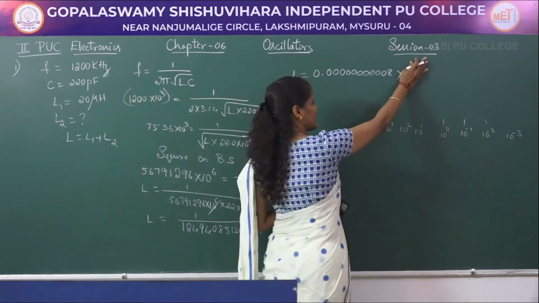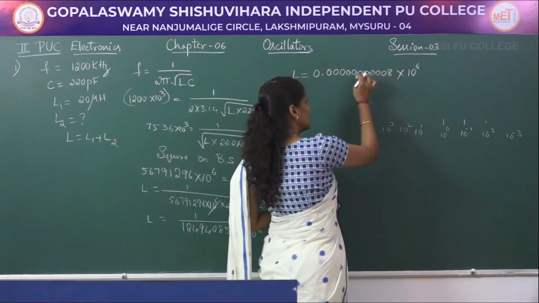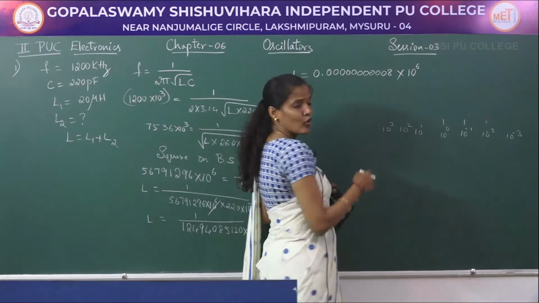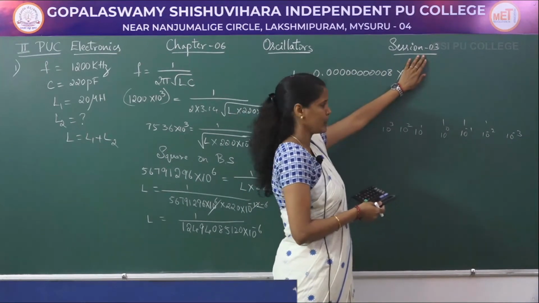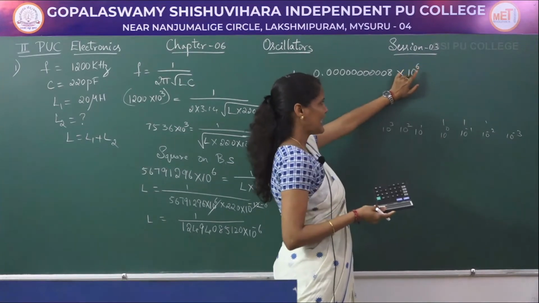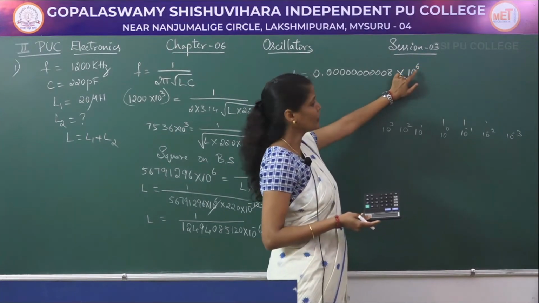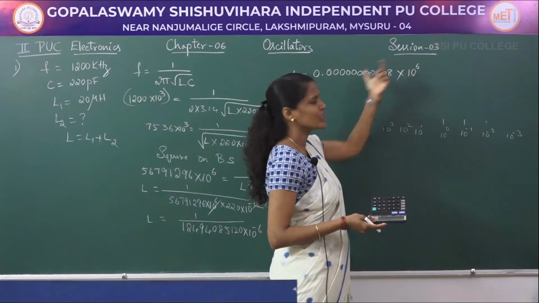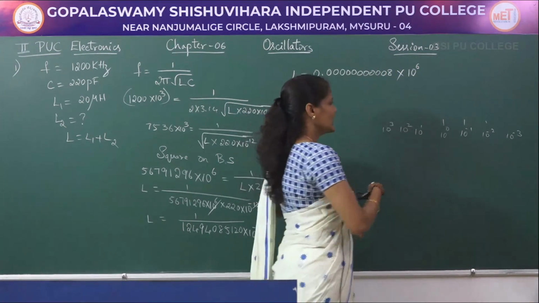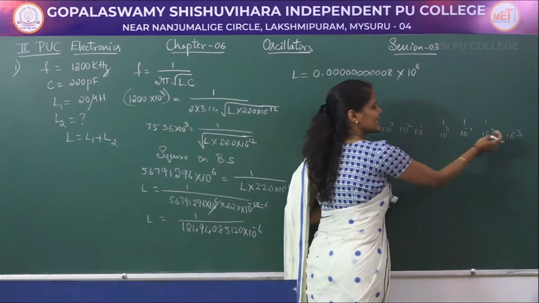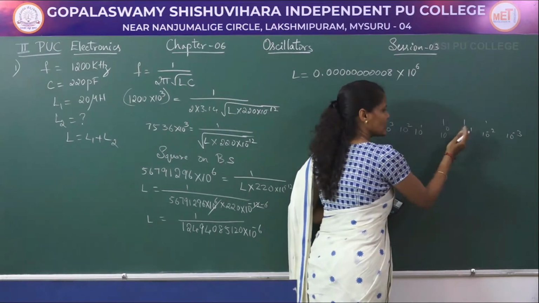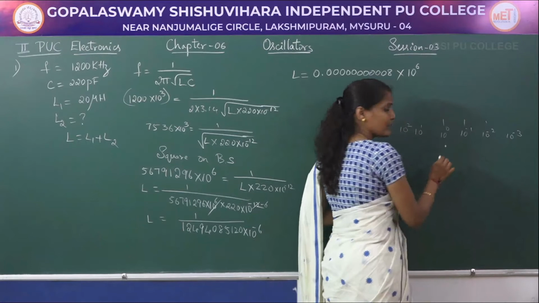If you are going to neglect this and consider only this part, it is nothing but 0 point followed by 10 zeros 8 into 10 to the power of 0. So, in order to cancel this, I have to get some term which is having 10 to the power of minus 6. 10 to the power of 0 is there, 10 power minus 6 is needed, so I have to shift the point. Consider this itself as a point.